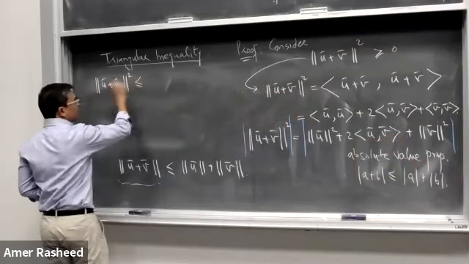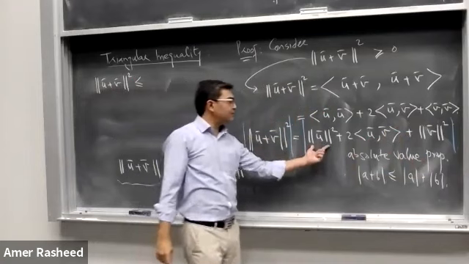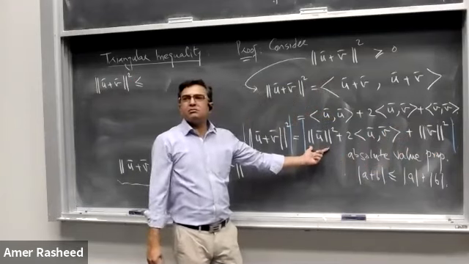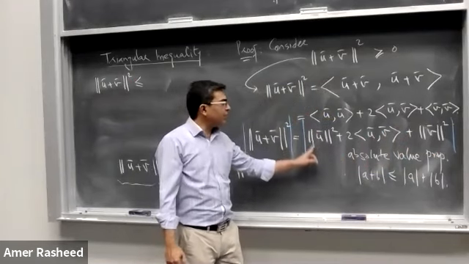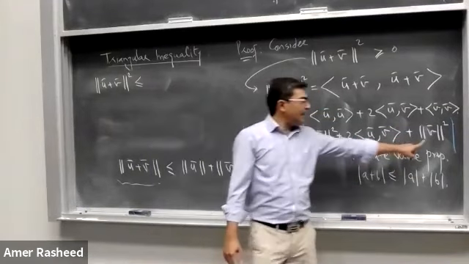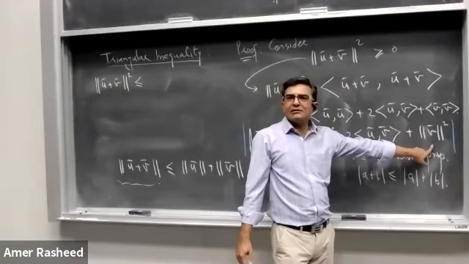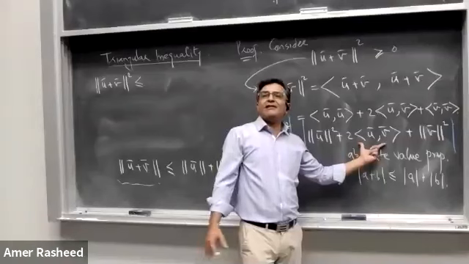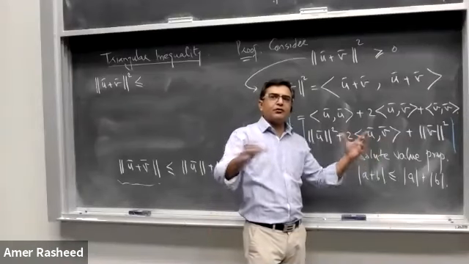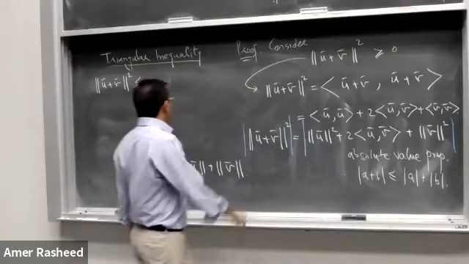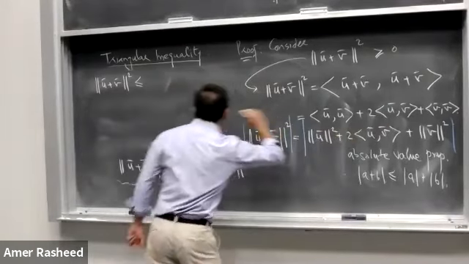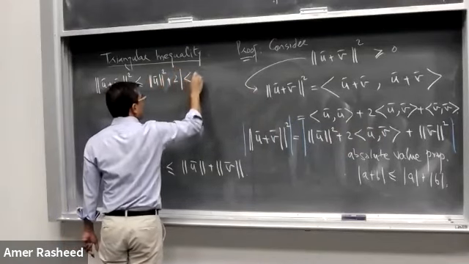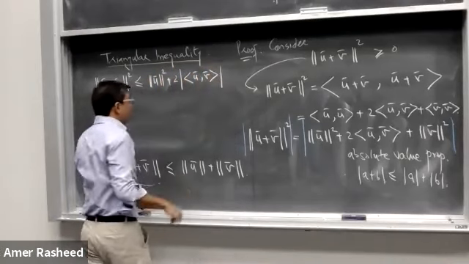We obtain that this is less than or equal to the absolute value of this thing plus the absolute value of this thing. Its absolute value will remain same, because this is already a positive real number, because it's a norm square. But this might be a negative real number because it's an inner product. The inner product of two vectors could be positive or negative. So we have to take care of this middle term. So what do we obtain here? The norm of u squared plus 2 times the absolute value of the inner product of u and v plus